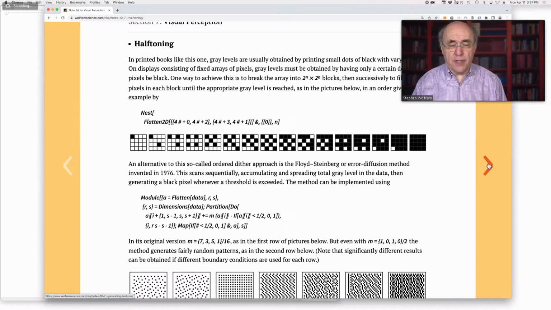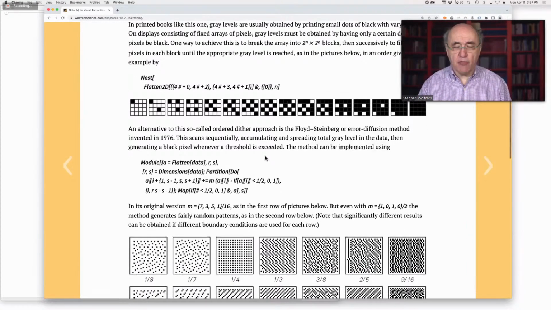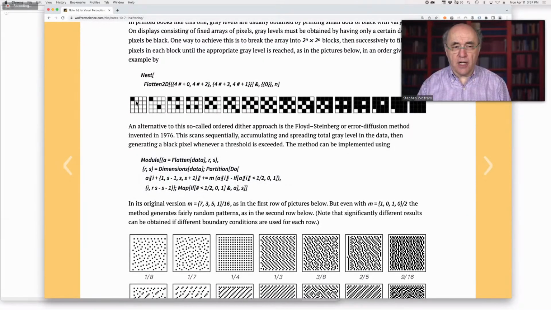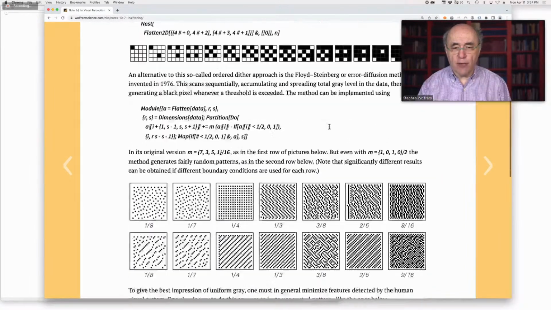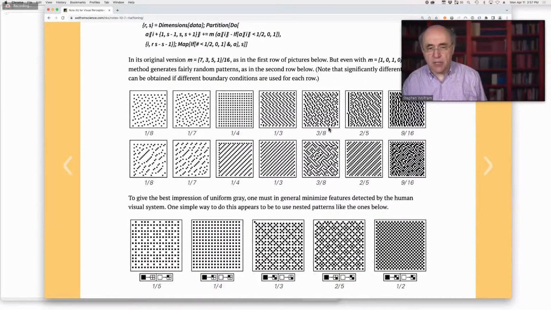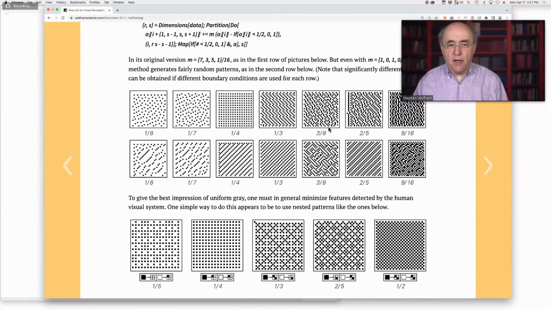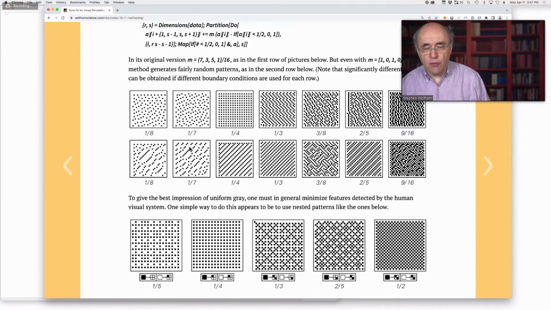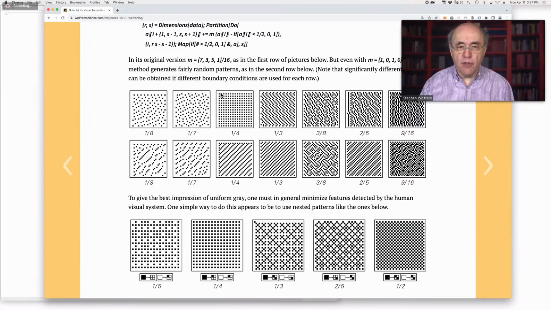All right, a lot of other things I discuss in the section on visual perception. One is half-toning. I was very familiar with this because of issues in printing the book. This is the question of when you are trying to show something as gray, but you only have black and white pixels, what can you do? And this is kind of filling in the gray levels. It's its own kind of simple system, a bit like a cellular automaton, that fills in the pixels by going across in scan lines and just filling it up. And when you've reached the right number of pixels in your buffer, then you put down a black pixel.